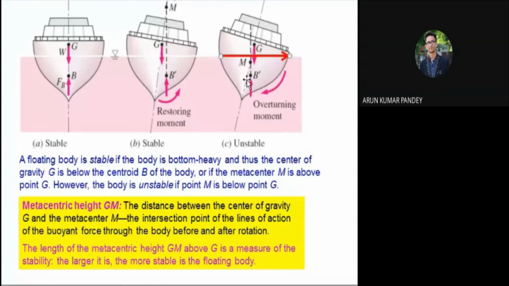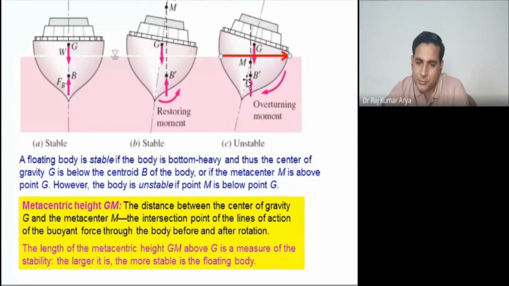Now you can see there is one concept here, the metacentric height. So for the metacentric height, they just fix this value of GM, this G and M. This value is called the metacentric height. So this is the distance between your center of gravity